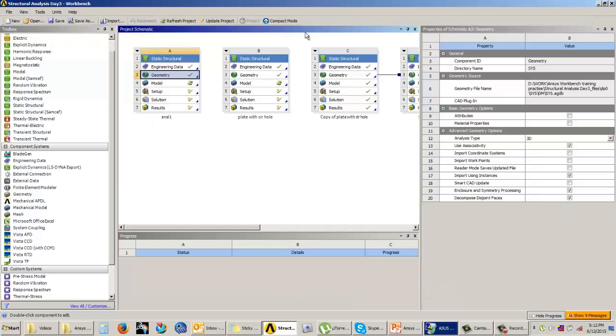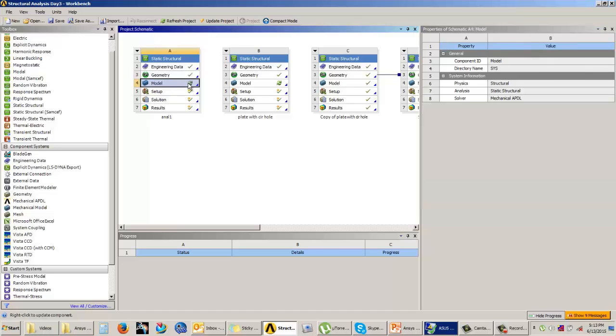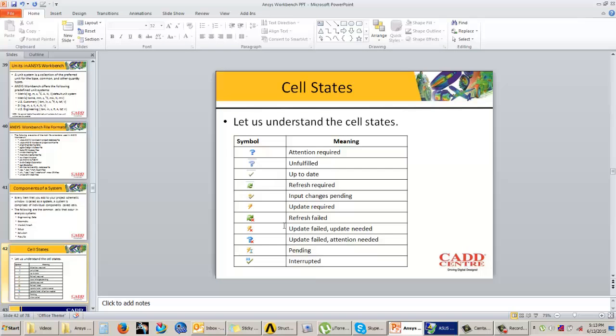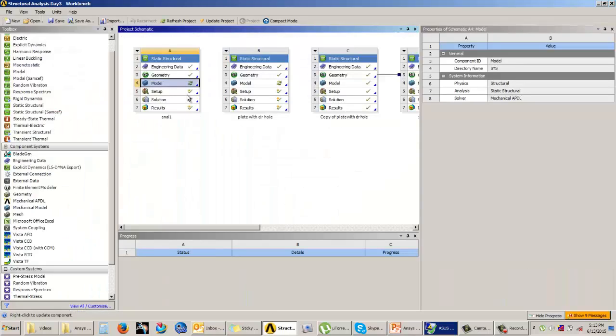When I close the geometry, can you see now the cell states have changed? The model now requires refresh. Now because the upstream data, meaning just above this model, there is some data that has been changed. That is why this cell now requires some refresh, and once you refresh this, it shows that this input will change. So if you look at the symbol over here, input changes pending, it is this symbol over here. Okay,